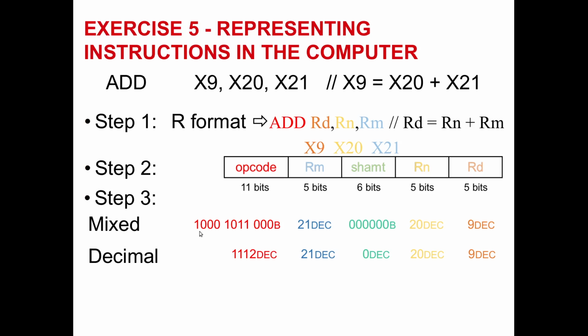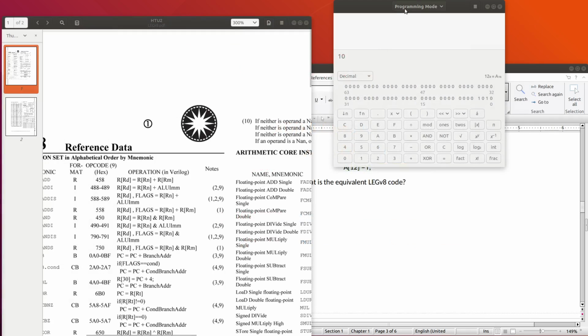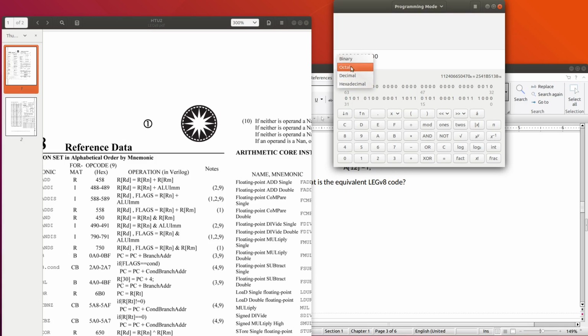So as I told you before, we will need to use the calculator to find that value, which is this value in binary.